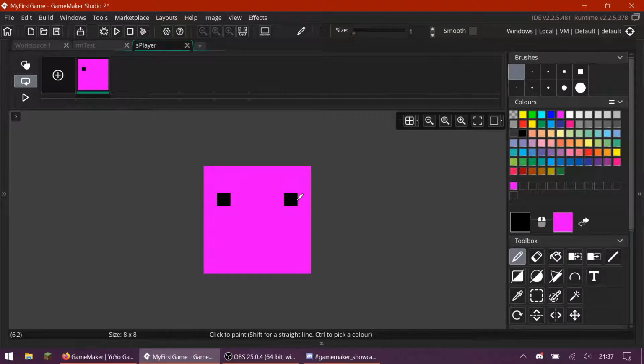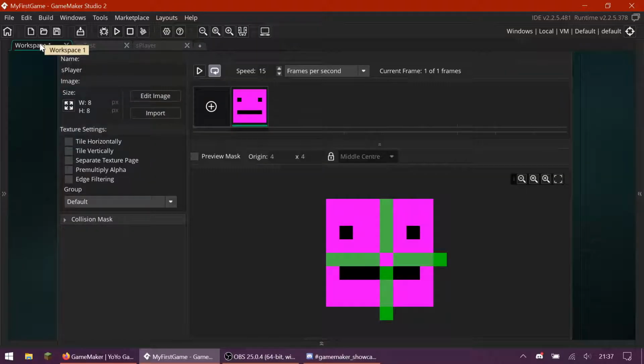Maybe this guy can have a really stale face. I like it. So he's going to be pink, and he's going to have a really stale face. He's like, I don't know anymore. So if we navigate back to here, we can see that his sprite has actually updated, and we can click